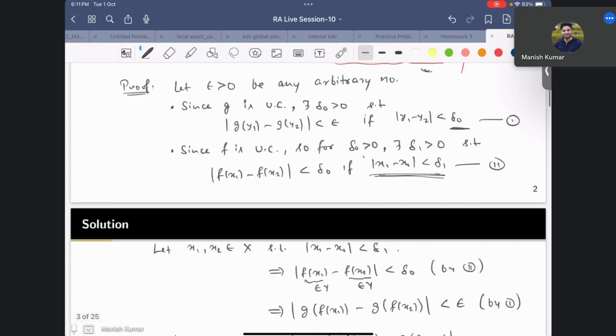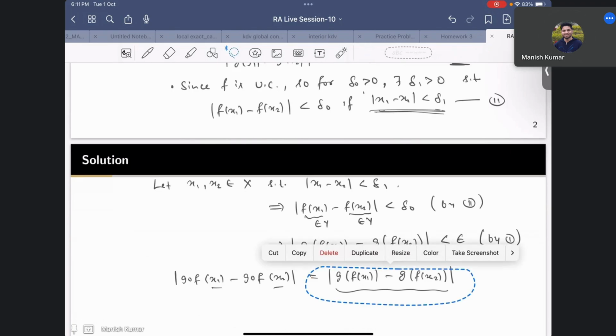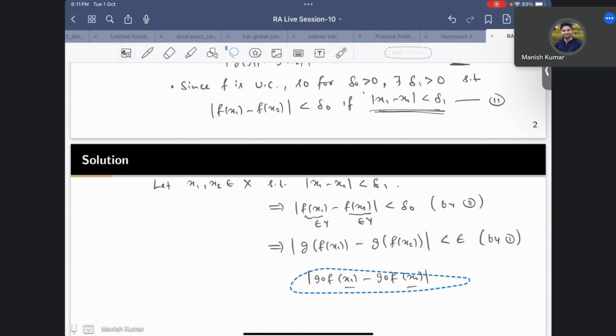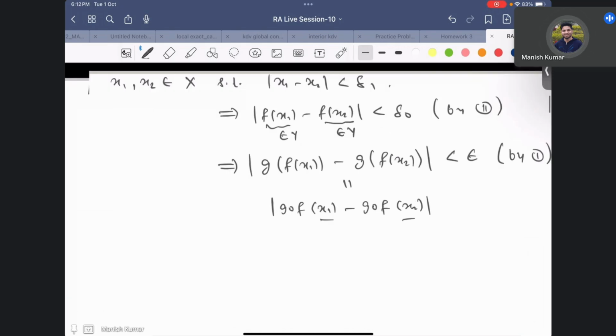And this is nothing but this composition. So this is nothing but g composed f at x1 minus g composed f at x2, and this is what we were supposed to prove,